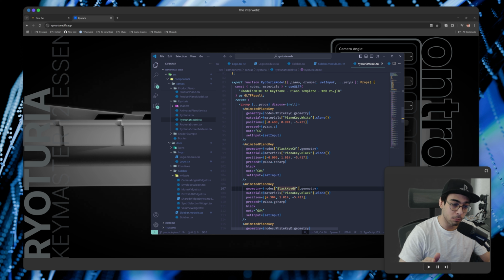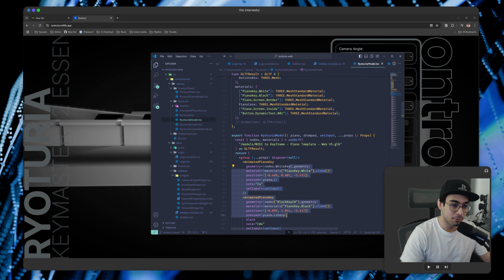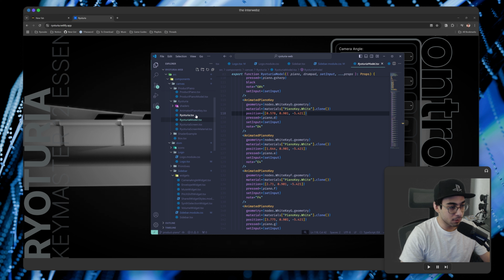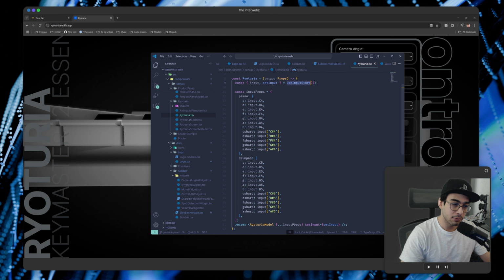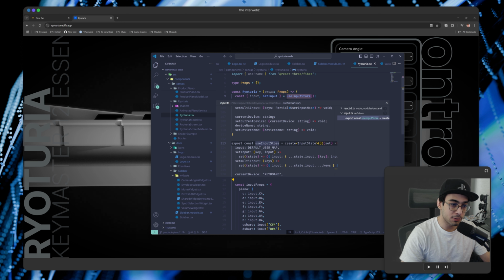So if I make one pressed and like blue or whatever, it'll make all of them blue. So you have to make all these unique materials. Ideally, I would throw this into a ref or something up top, but yeah, whatever. The magic happens in the actual Ryoturia component, where I have an input store that's basically just a Zustand